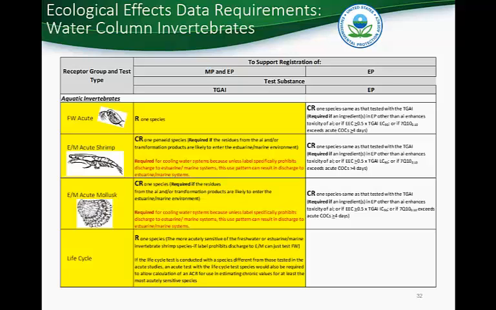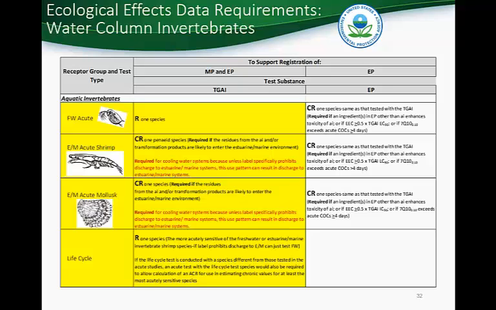Acute testing with the end-use product for each of the 3 species tested with the technical grade active ingredient is additionally required if an ingredient in the end-use product enhances the toxicity of the active ingredient, or if the expected environmental concentration in surface water is greater than or equal to half the acute endpoint value for that species, or if the 7Q10 upper 10th percentile concentration exceeds the acute concentration of concern for the species greater than or equal